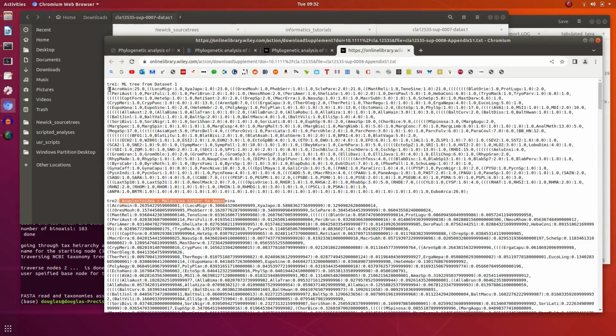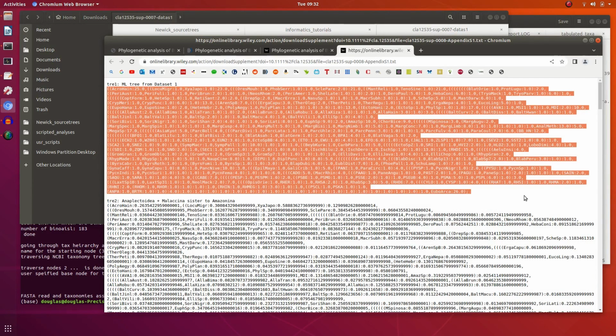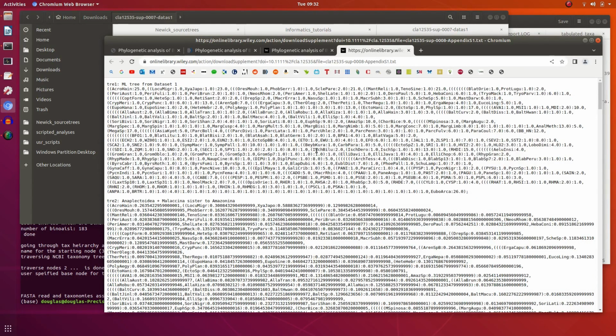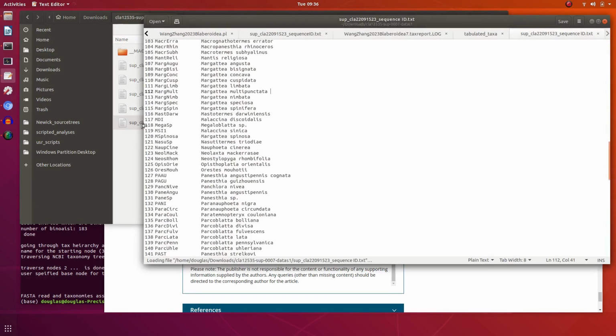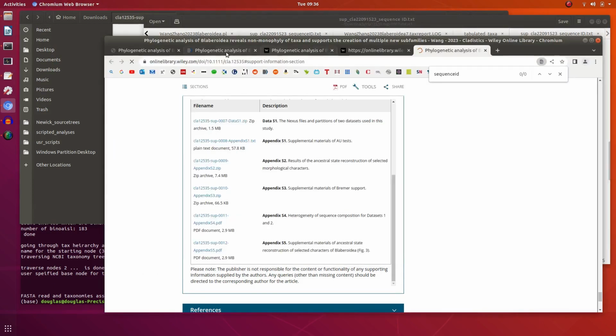So just need to copy this part here, but you can see the use of codes for the terminals. Okay, I found it. So it's in the zip file. You have this file, sequence ID, and it gives the codes and what species they are, which is exactly what we need. So if we just copy one of these,